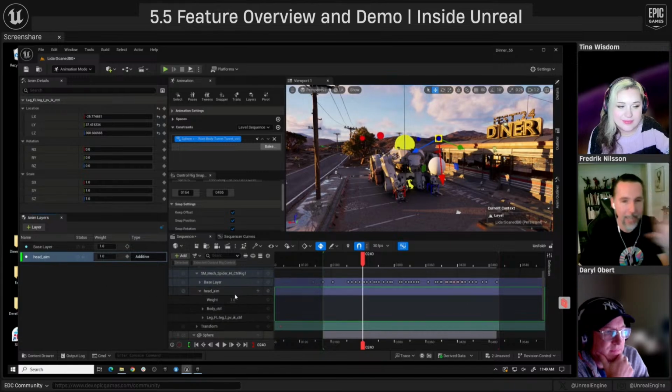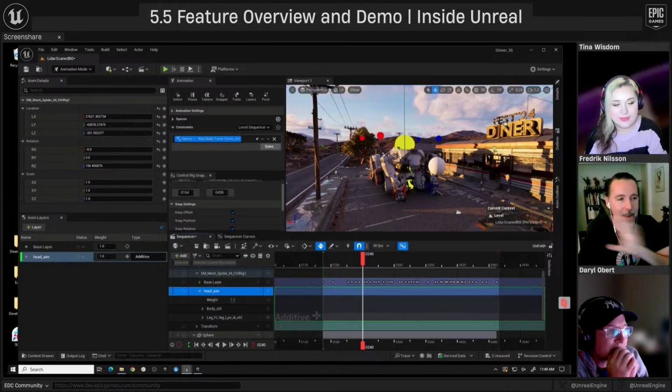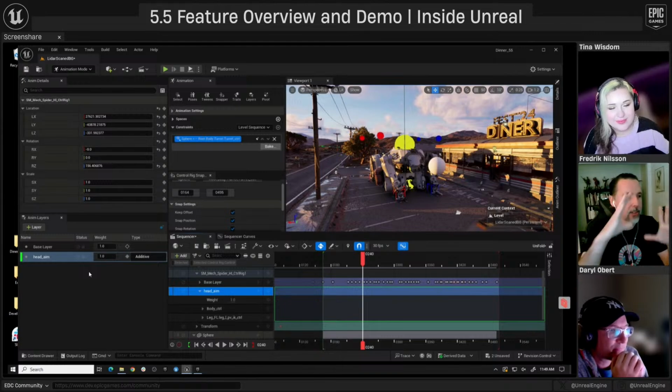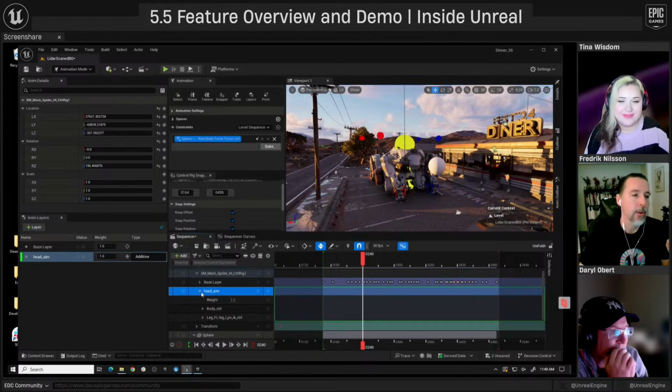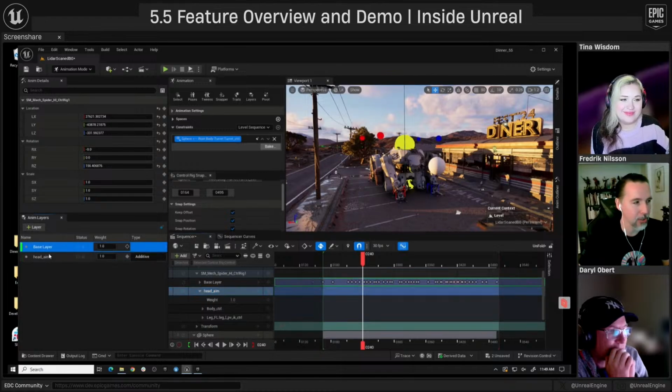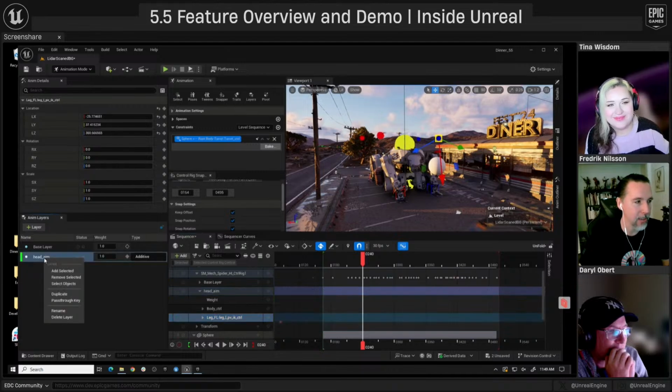I don't recommend mixing workflows where you're using these layers and then mixing in the active section here and deleting and removing things. It's more one directional, meaning this layer system sits on top of those section workflows in sequencer. So if you're creating layers in our layer manager, don't go and edit, modify the contents of it or delete them, because you're going to get out of sync with your sequencer and layer manager. So, just a word of caution. If you're using animation layers, stick to using the animation layer system for choosing which one is active, for adding and removing objects. So here I can say, you know what, I don't want this foot in here anymore, so I'm just going to remove it.